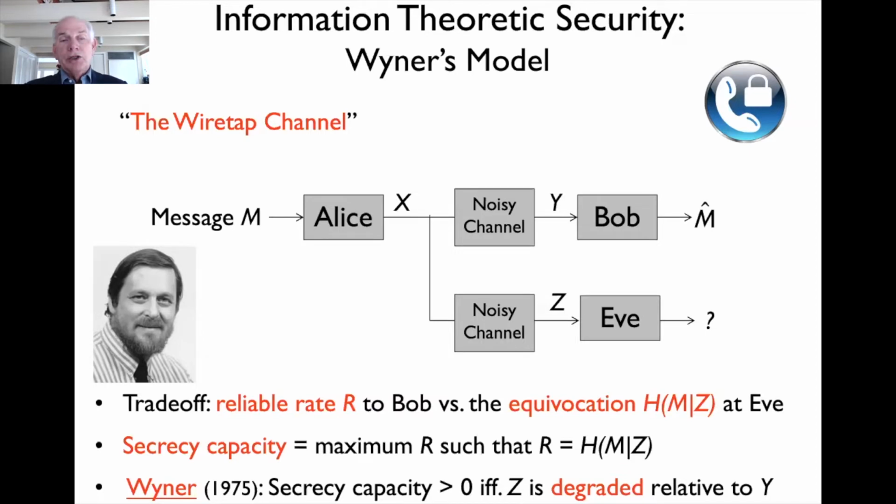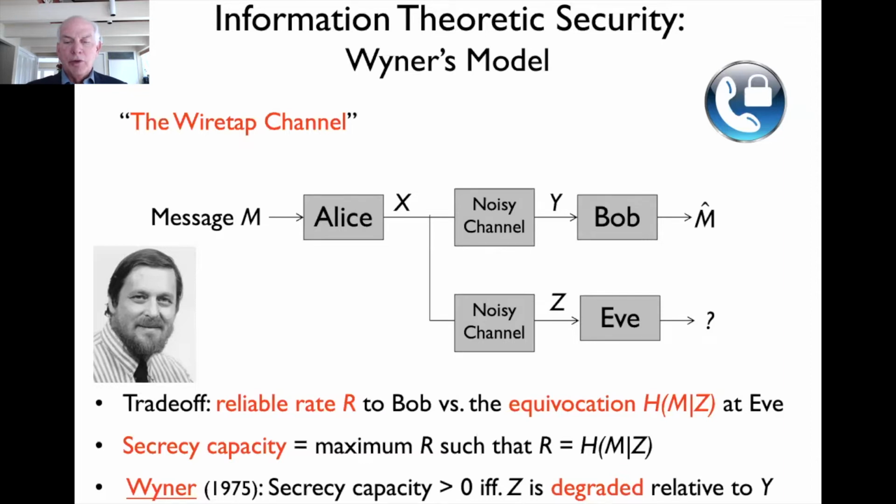And again, Wiener had good news and bad news. Wiener's good news was that the secrecy capacity can actually be positive. That is, you can transmit reliably and in perfect secrecy without a secret key. But it's true if and only if Eve has degraded measurements relative to Bob. There's a specific definition of degradedness, but you might think about, say, Eve having a lower signal-to-noise ratio than Bob. So good news and bad news. It's possible, but Bob has to have some advantage over Eve. Okay, so that's 1975. That's a long time ago.